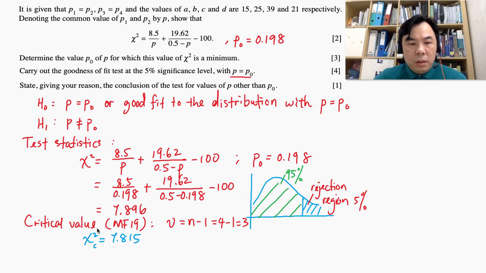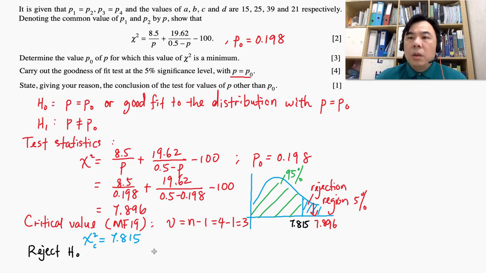Now, based on this, we can conclude that this test statistic chi-square actually falls in the rejection region. 7.815 is our critical chi-square, whereby our test statistic is 7.896, which actually falls in the rejection region. Therefore, we have sufficient evidence to reject. So our conclusion will be we're going to reject